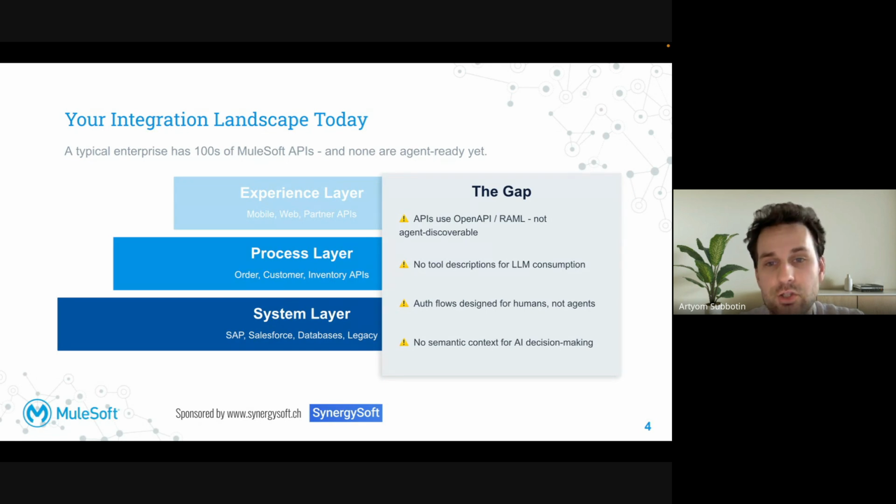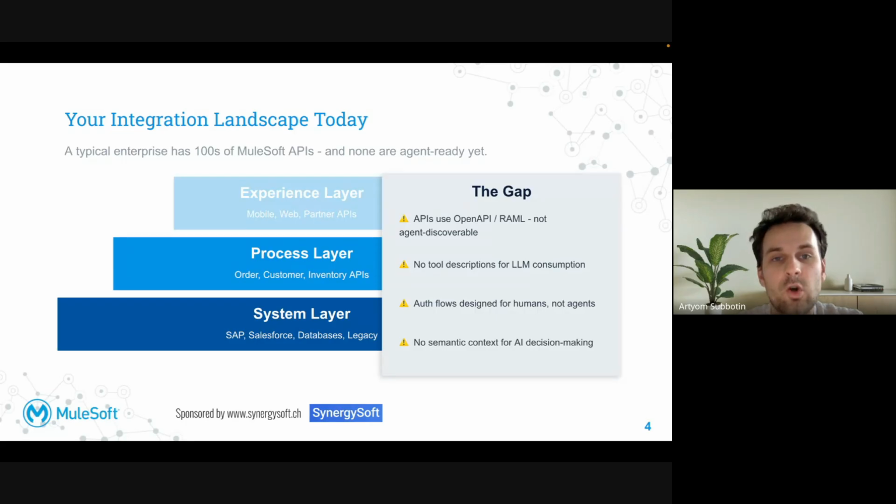When the agent encounters your experience API layer, it sees an HTTP endpoint. That's the most common case. But from a technical standpoint, it doesn't know what the operation means. For example, we have just a GET request, and even if it has a not very appropriate naming convention, it's really hard even for a human to understand what data it needs, what it should do with the response, how to handle edge cases.